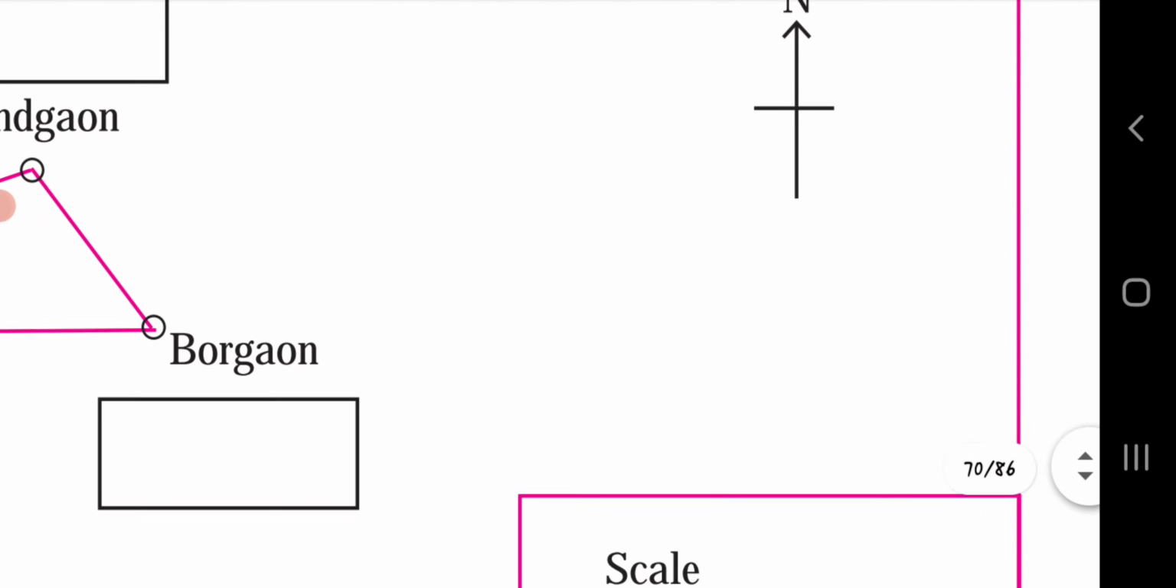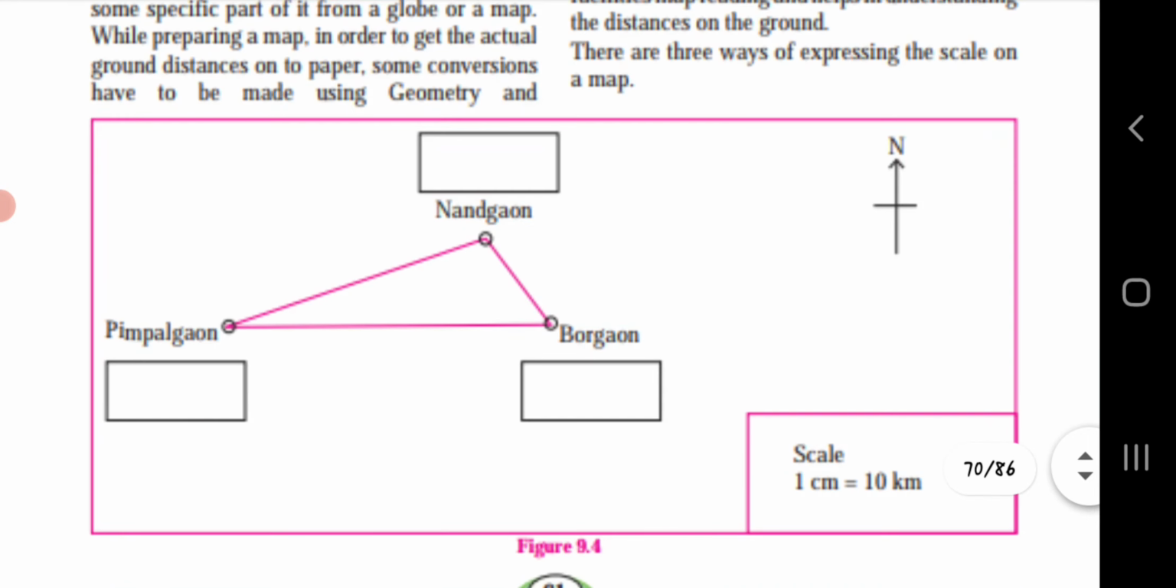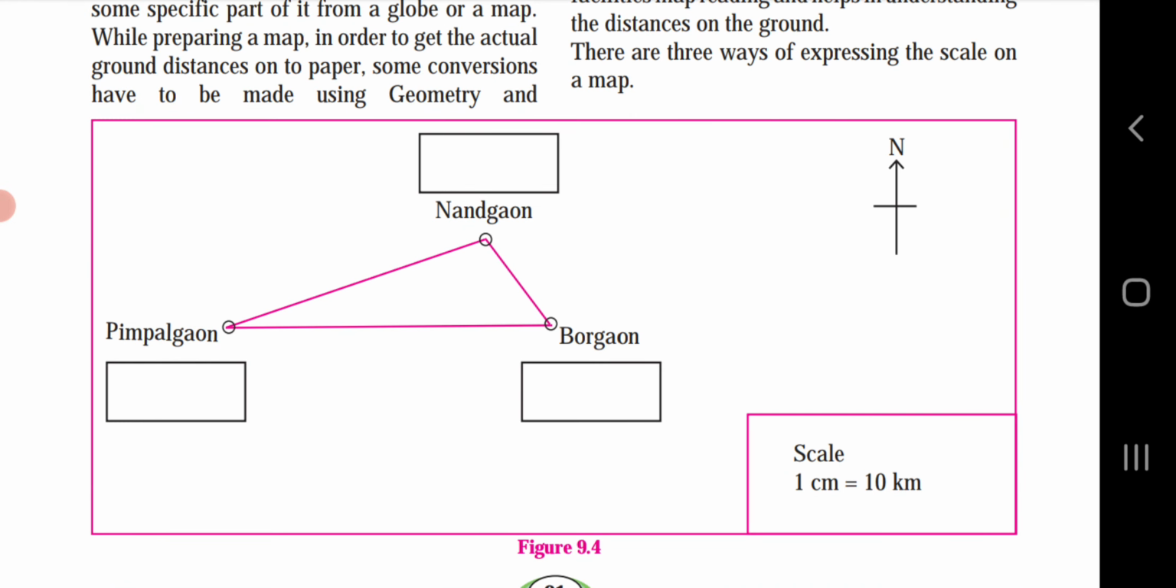So here, you can see Nandgaon, Pipalgaon and Borgaon. These are the three places. To which place which person belongs, when we have to find out about this, if you will see,